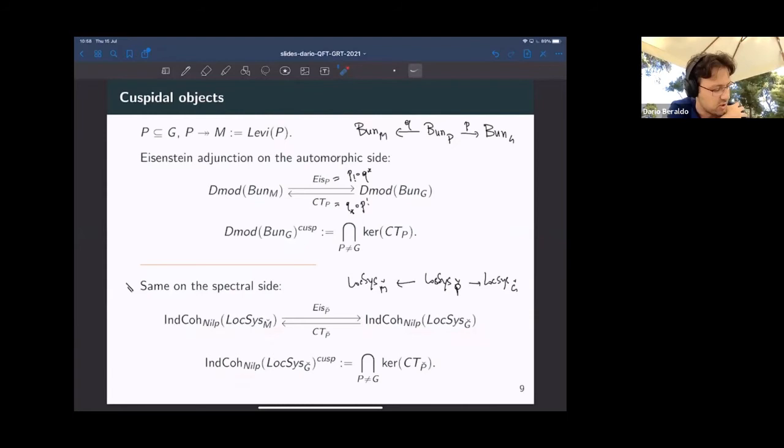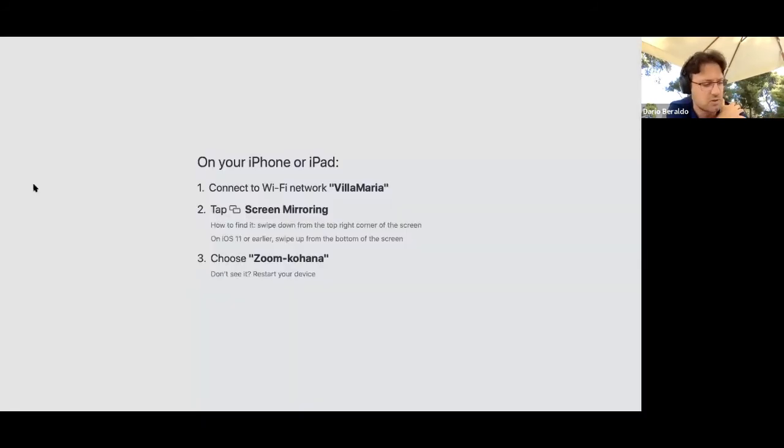like so, as the kernel of this constant term, and then geometric Langlands is this equivalence of categories between this category here and this category here, but it's expected to be compatible with natural operations that you can perform on both sides. And one of these natural operations is this one. So it's expected that under Langlands for G and Langlands for M, these two pairs of functors should correspond.